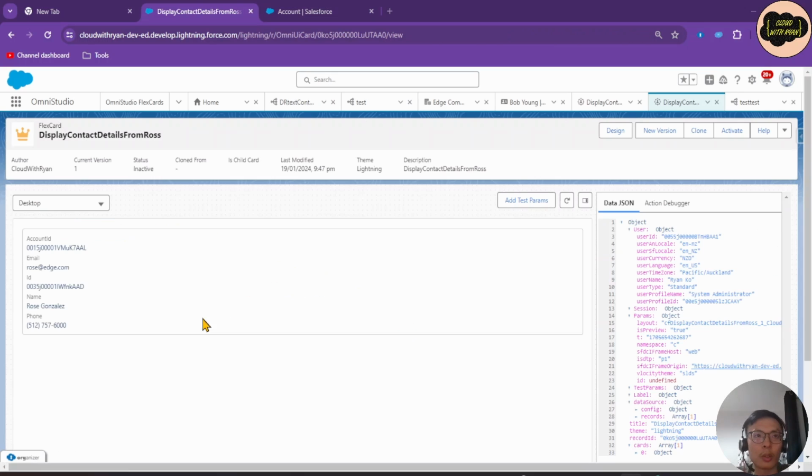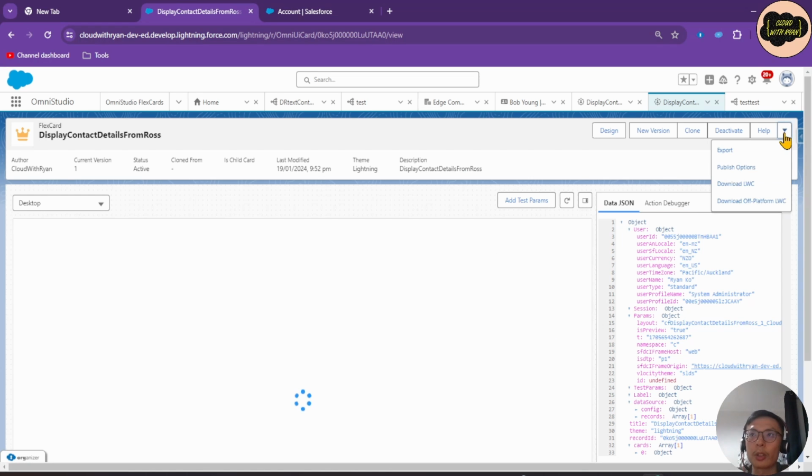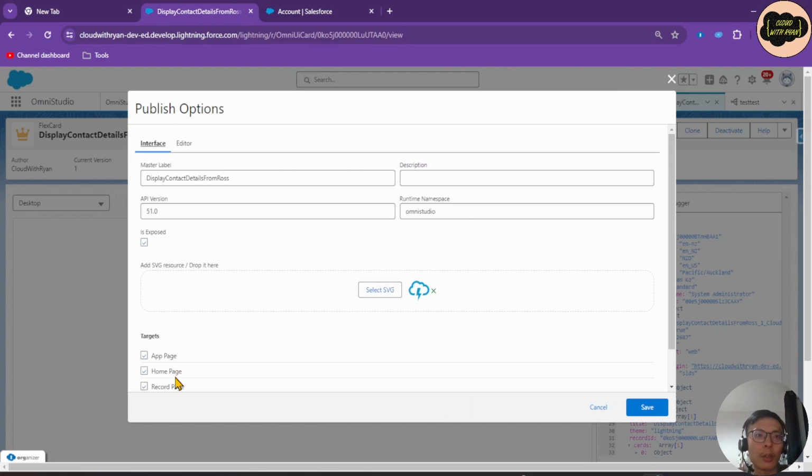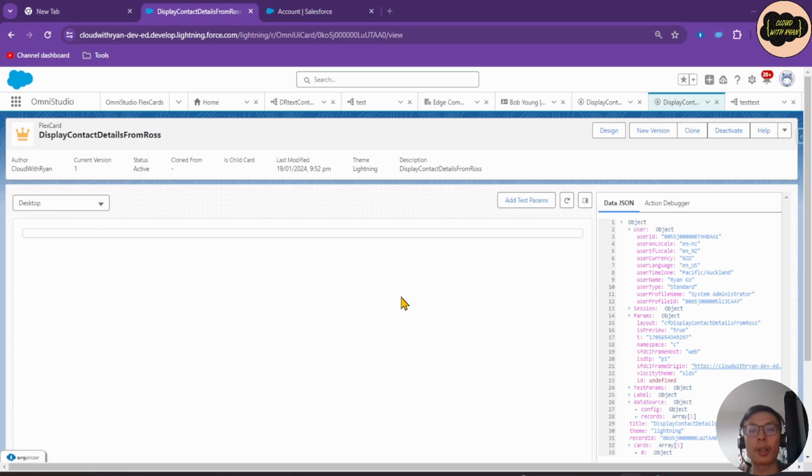here. So this is basically a LWC that you can embed inside Salesforce on a landing page, or you can actually publish this once you've activated. You can publish this onto a community site, and if you are familiar with how communities work, you can basically drag and drop LWC components as well. Again, I'll be making a lot more videos about flexcards in the upcoming weeks, so be sure to subscribe and